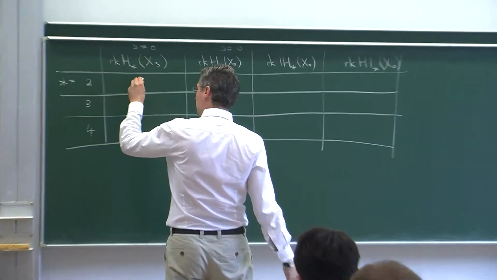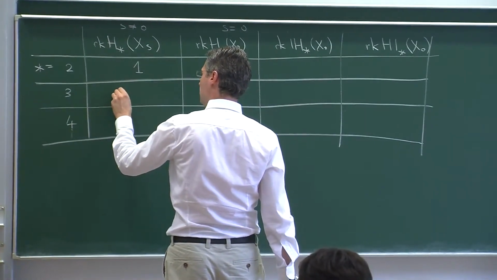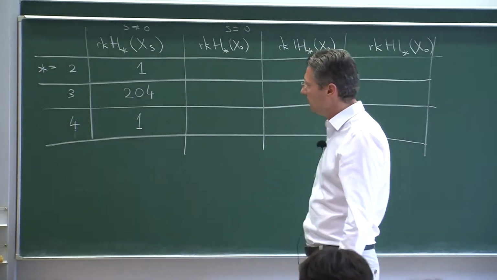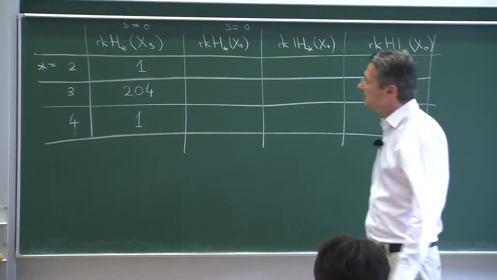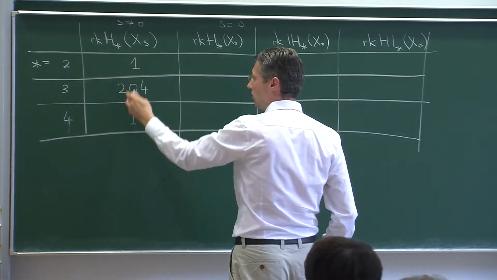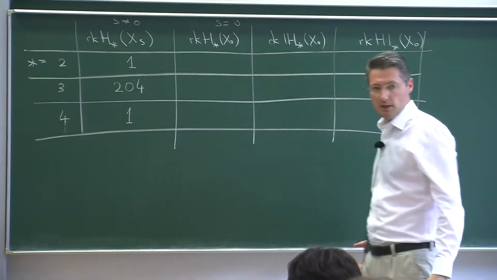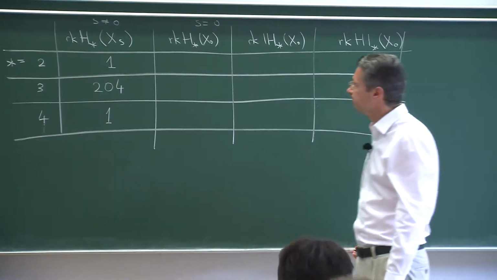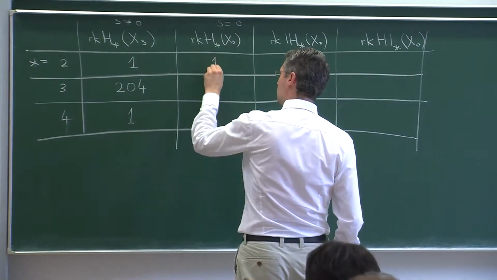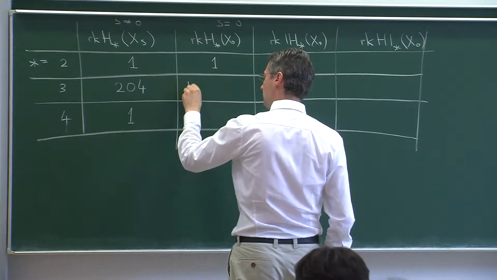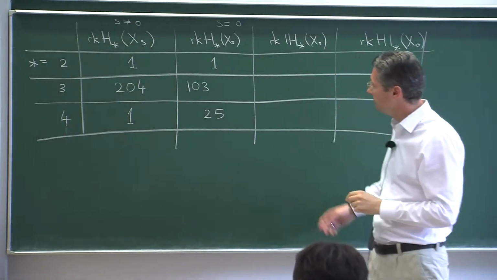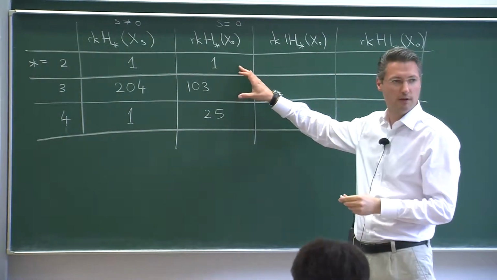So what happens here, one can calculate that you get 1, 204, and 1. So there's a huge number of middle dimensional cycles, for example. And you also see that, as expected, Poincaré duality holds, of course, because this is a manifold. Right? But when it becomes singular, then you get 1, 103, and 25. So the first thing you notice is that, of course, Poincaré duality is destroyed, which is not